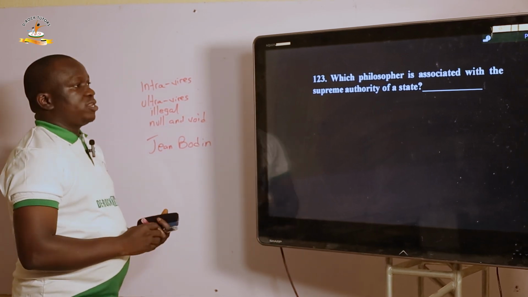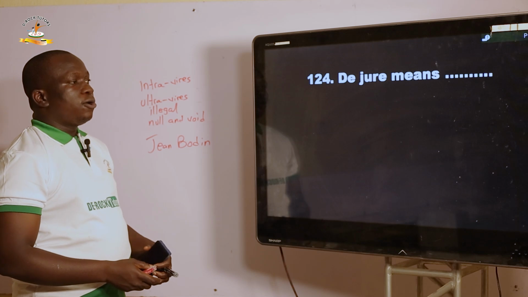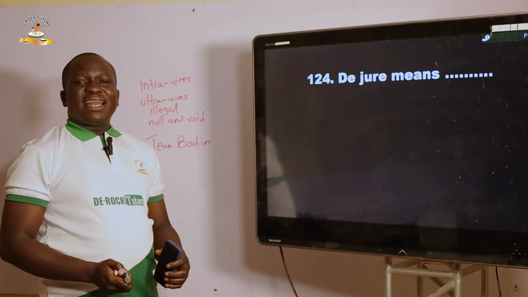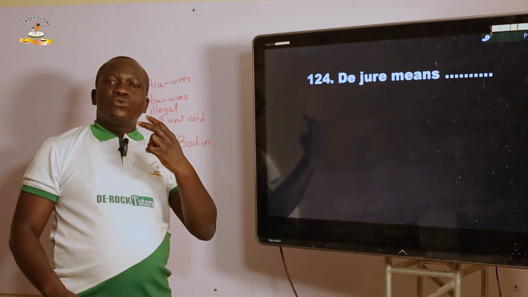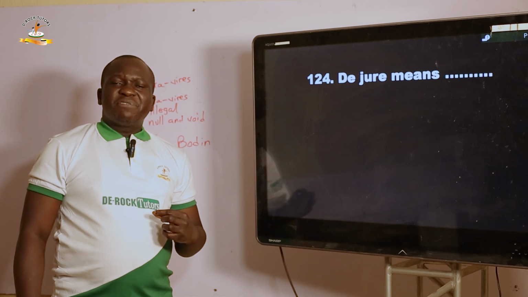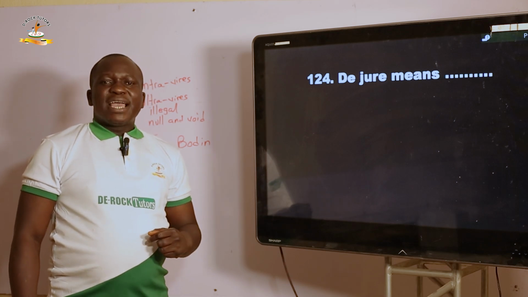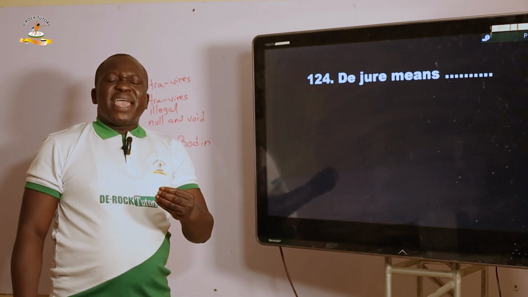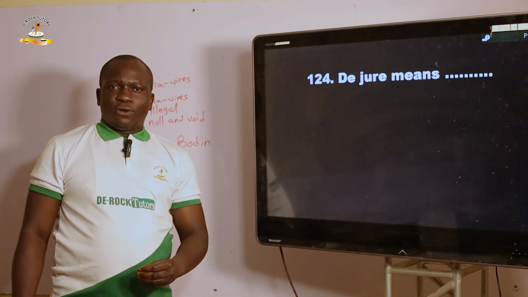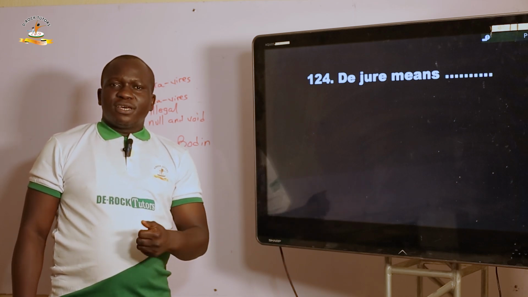Now to the next question. De jure means dash. It is a Latin phrase. We have two similar Latin phrases: de jure and de facto. Anything de jure means based on the law or according to the law, while de facto means not based on